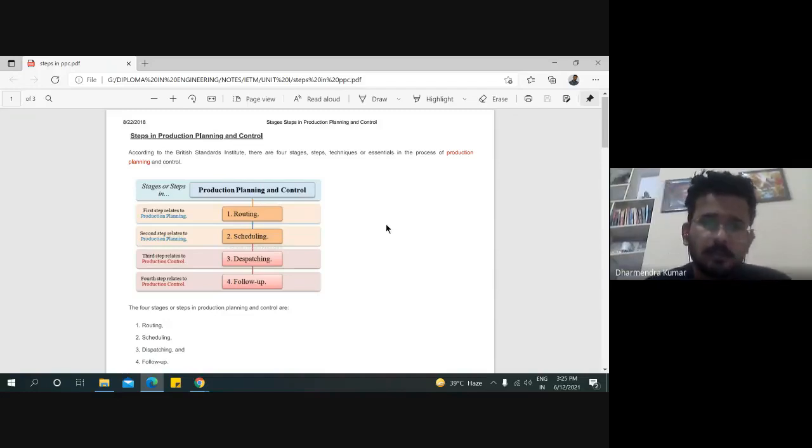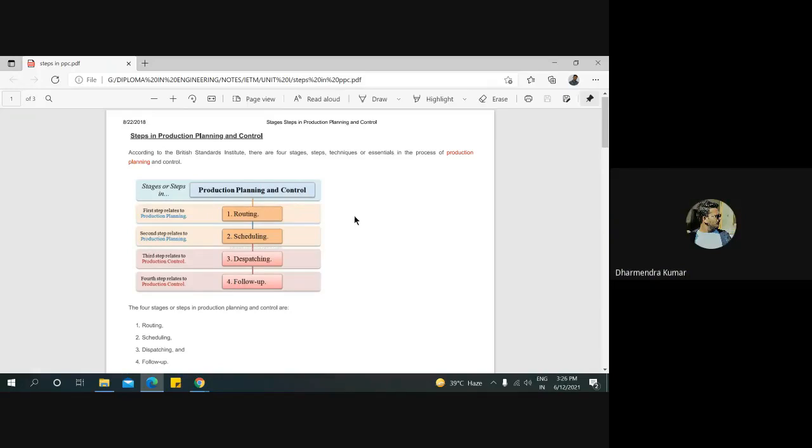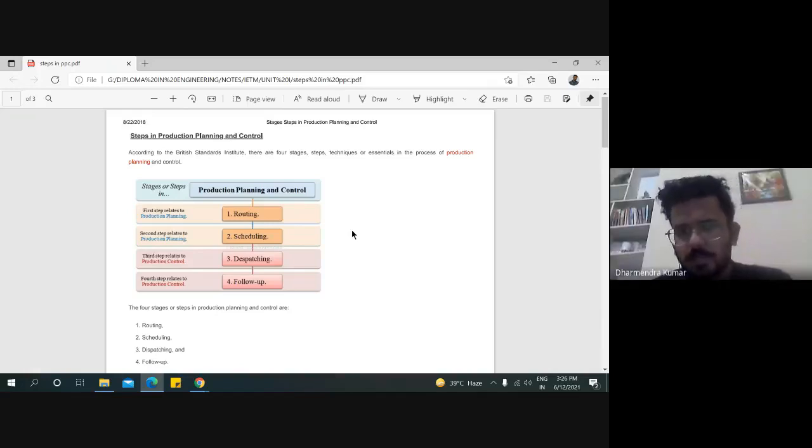Here on the screen, we can see that there are 4 stages of production planning and control, which ensure the best maximum result to any manufacturing firm or company. Production planning and control is not only beneficial for manufacturing plants, it is also beneficial for the service sector.